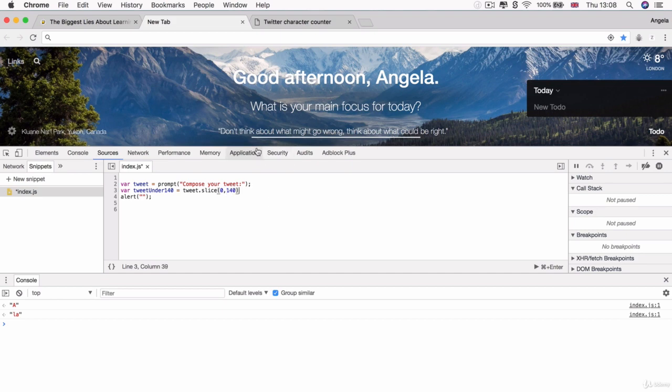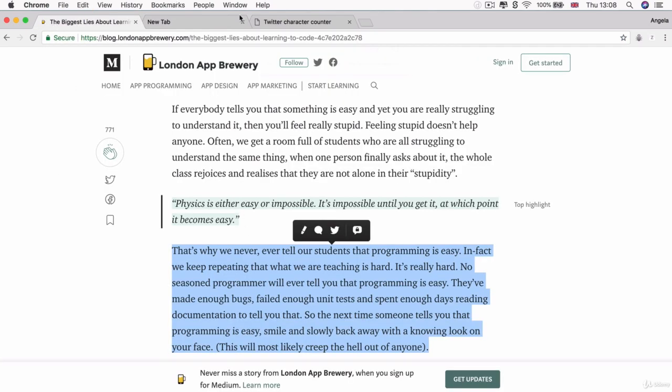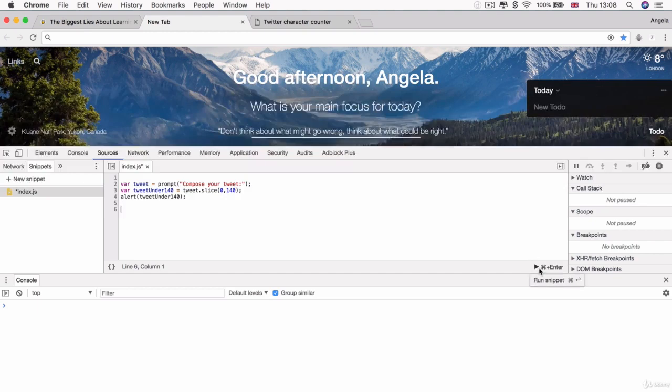And if we use that trick that we did before, which is where we try to calculate the range, then if we take 140 minus 0, that's 140 characters, starting from the first character. So now let's put a semicolon, and in the alert, we'll simply alert the tweet under 140 back to the user. So I'm going to go ahead and copy this long paragraph first, and then I'm going to hit enter